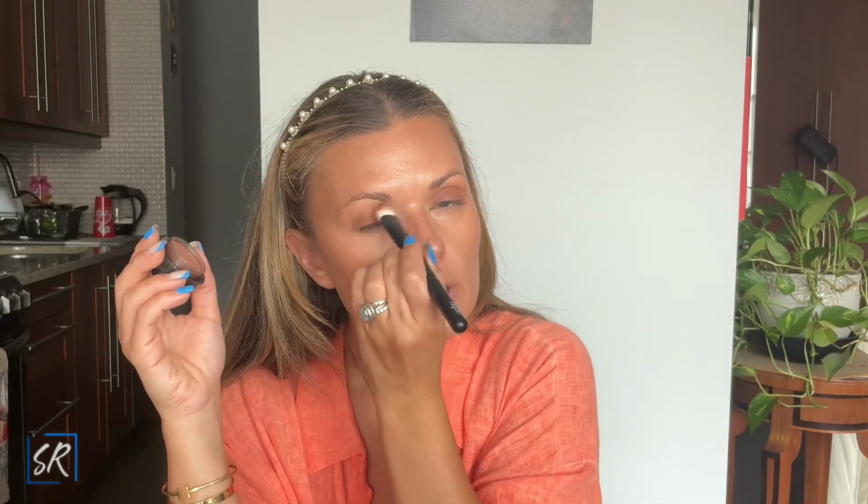So I'll put this all over the eye, like in a little circle, and I do like to drag it out a little bit, only because, you know, even though my eye shape is almond, when I do my eyeshadow and I have hooded eyelids, it just looks better when I drag it out a little bit. I'm going to now blend it out a little bit,